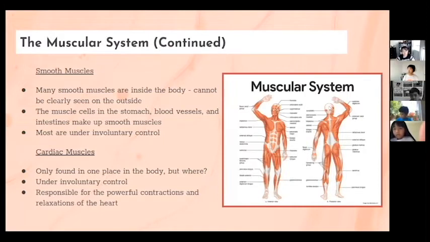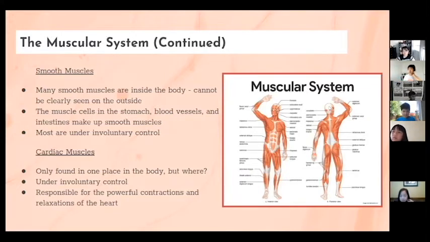Now, I want everyone to either take 3 fingers and place them on the side of your neck, or 2 fingers and place them on the joint between your palm and your wrist. 2 fingers on your wrist or 3 fingers on the side of your neck. Slowly adjust where you put these fingers until you find a gentle throbbing. If you find that throbbing, you are feeling the beating of your heart, which is also the contractions and the relaxations of cardiac muscle.